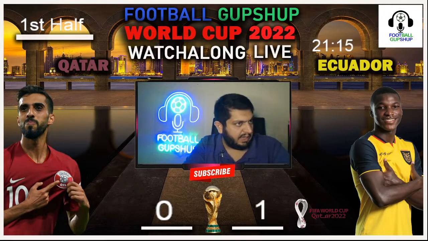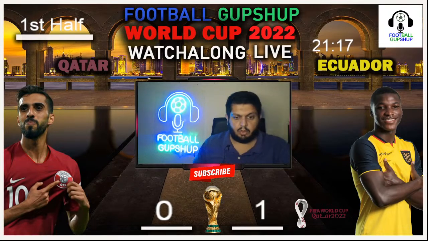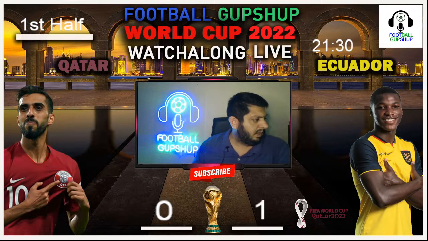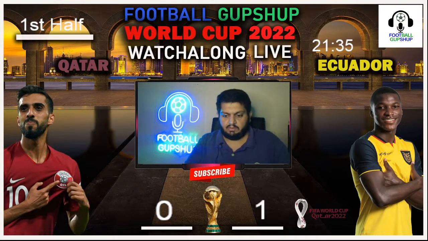You can clearly see that he didn't catch the ball over there. So he might be in trouble. There is going to be a yellow card. So there you go. Al Muiz Ali gets a yellow card, guys.